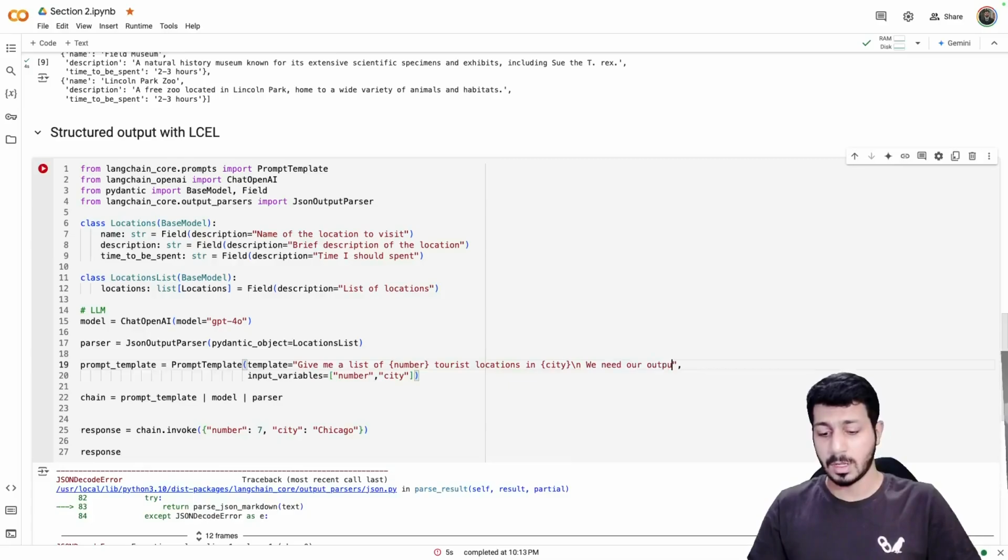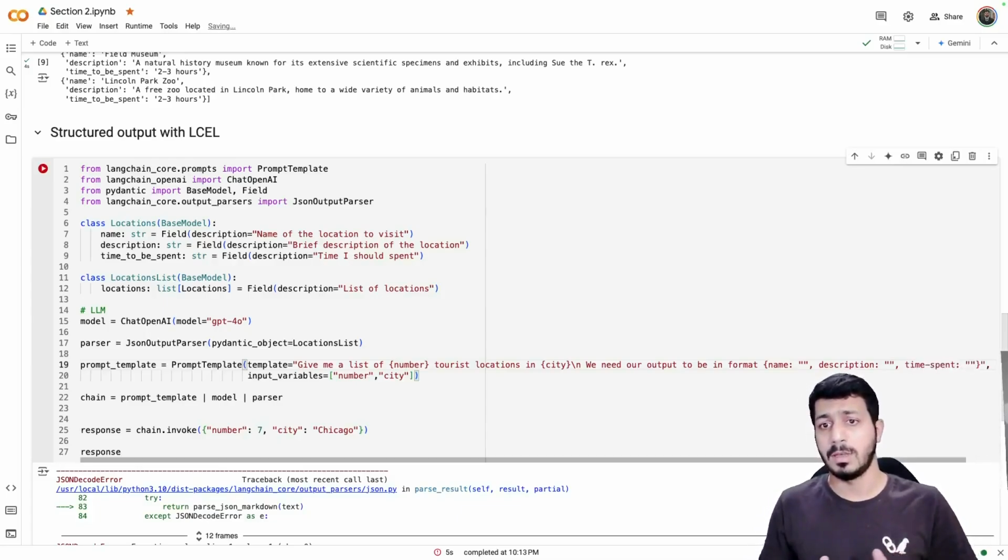our output to be in a format, and we can say name, and we can say description, and we can say time spent, something like this. We can do that, and of course there will be single quotes, otherwise it will conflict with the external quotes. So basically we can do that, but it is not recommended, because this is not a very reliable way of